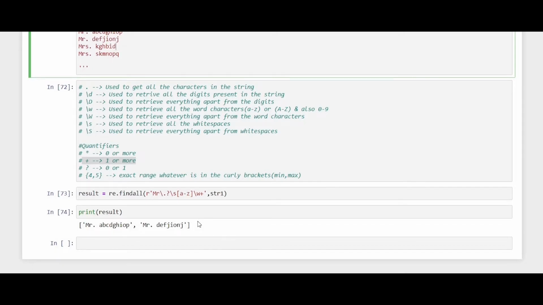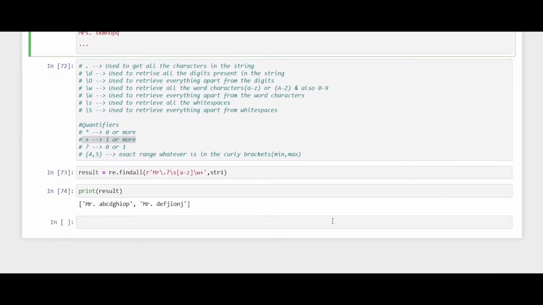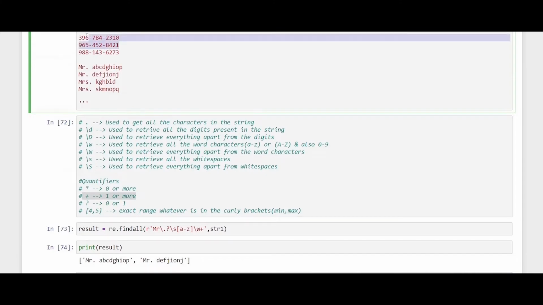So suppose we want to find this series code in this particular format.